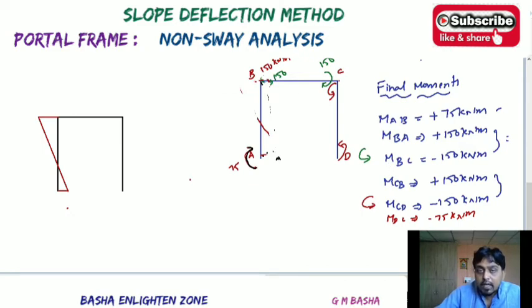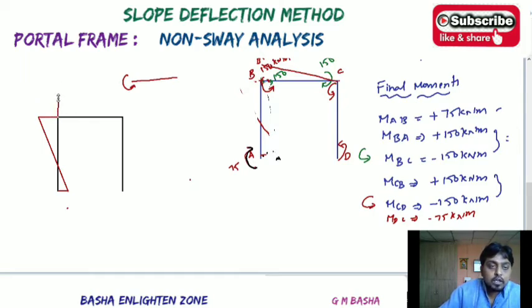here MBC means anti-clockwise movement is acting like this, which is 150. Means there is a span BC like this and there is a force acting on B. So here it will be B, and a force comes and acts like this, it will move upwards. This B moves to B dash upwards. Like this there will be a line. Okay. So just I am taking the unit force of 150. With the same unit force, how much I will take here. In the same sense,